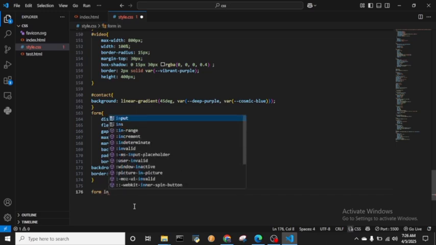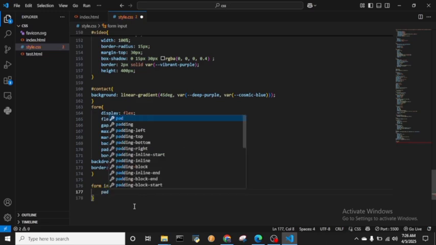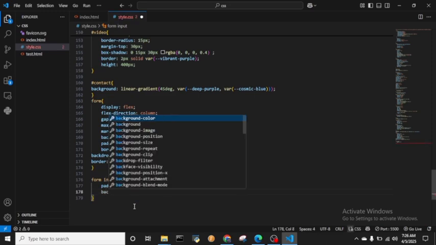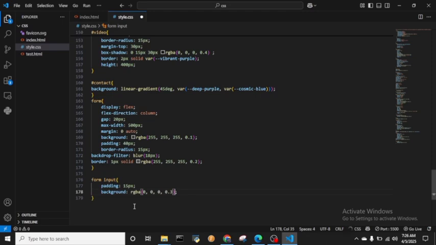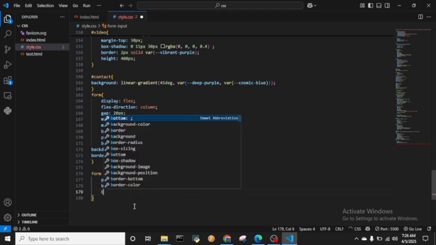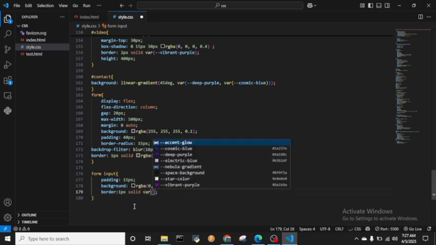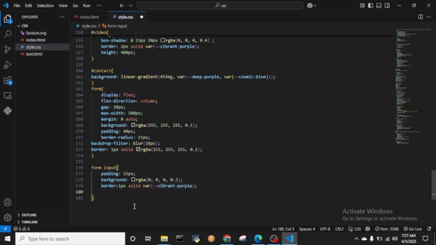Input, of the padding, 15 pixels, background, setting the background of RGBA 2.3, border, setting the border 1 pixels, solid, variable, vibrant, purple. Now we get the next